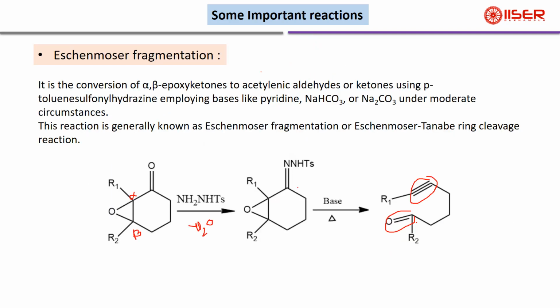Next is the Eschenmoser fragmentation. By this way, we can generate an alkyne from a ketone through cleavage. So it is a conversion of alpha beta epoxy ketones to acetylenic aldehydes or ketones using para-toluenesulfonyl hydrazine, employing bases like pyridine, sodium bicarbonate, etc. The reaction is generally known as the Eschenmoser fragmentation reaction, also known as the Eschenmoser